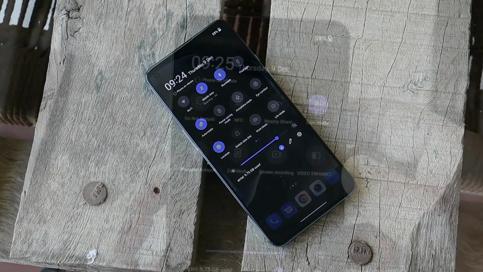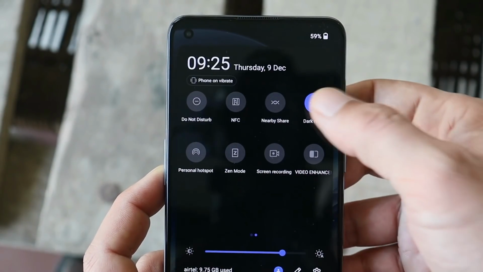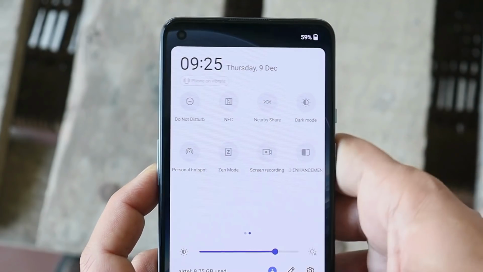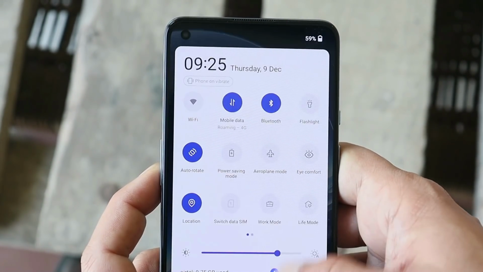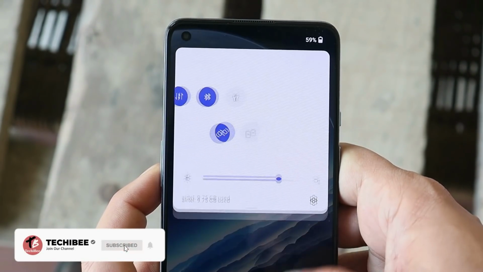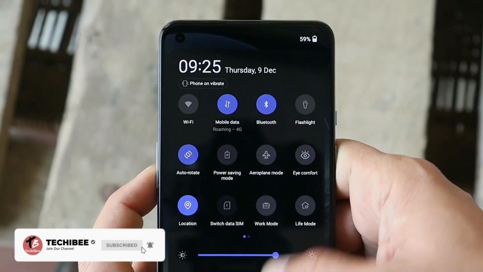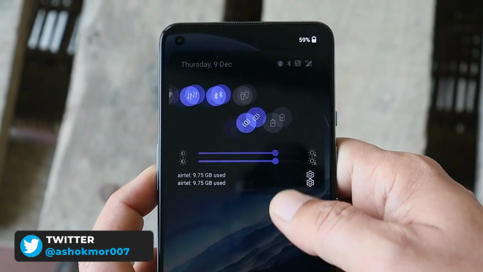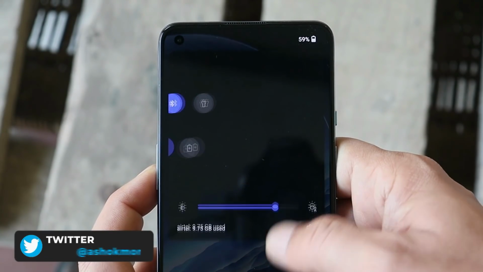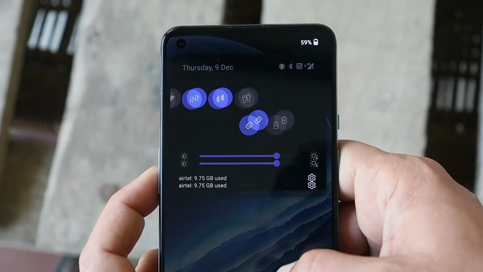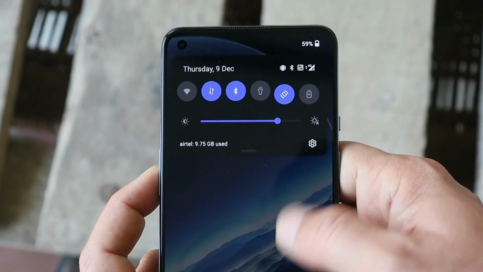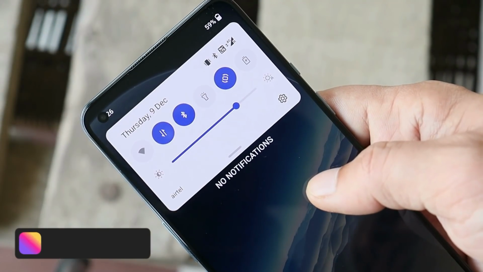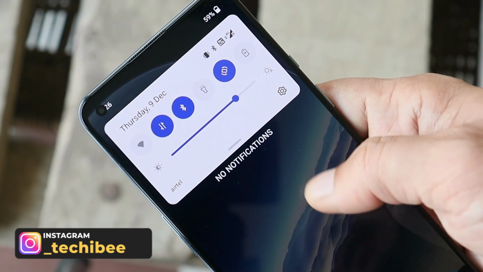And also whenever we switch between dark mode and light mode, you get to see a bit of jitters in the quick setting panel. As you can see here, transitions are not that smooth when you switch between dark mode and light mode, though transitions become normal after some time. But initially, whenever you switch between dark mode and light mode, you'll see a bit of jitters while scrolling down the quick setting panel. And if you have many notifications, I have also seen notifications getting jumbled up.